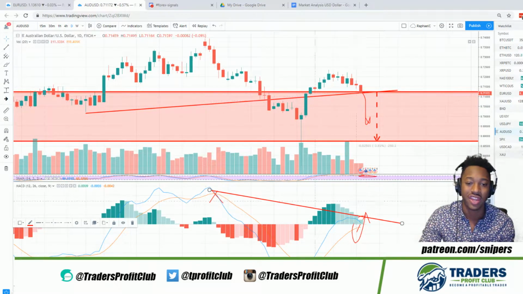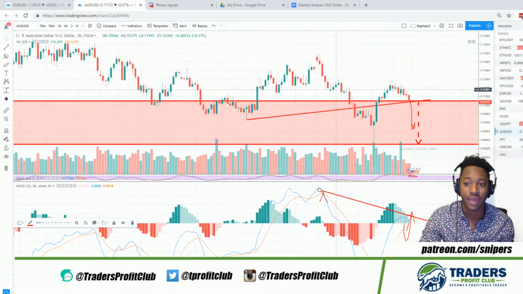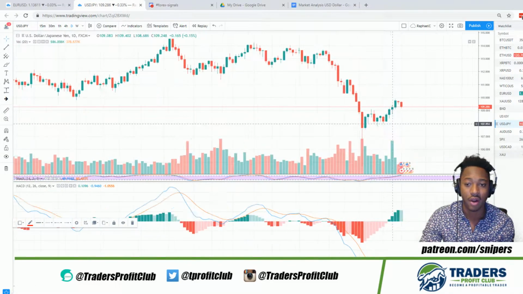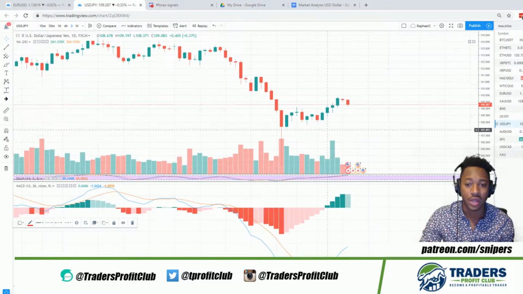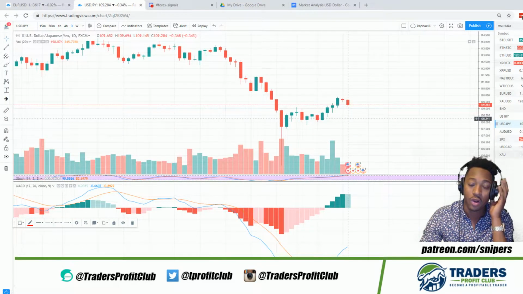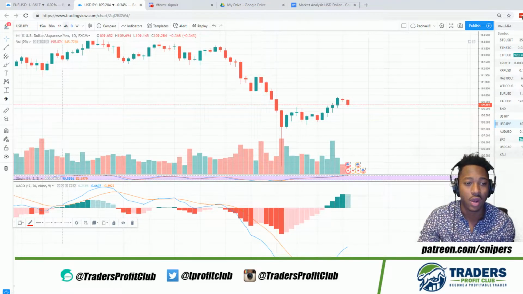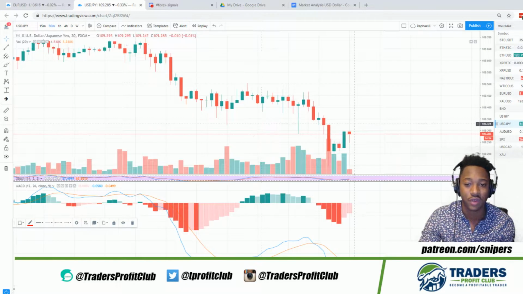So we're going to be definitely short on the Aussie dollar, US dollar trade, as well as we're short USD Japanese yen, which we're in this trade right now. I did that in the Discord. We took a trade right here from 109.420, so we're already up around 25 pips in this trade, and we're going to be holding this trade probably for the next couple of days as our swing trade.